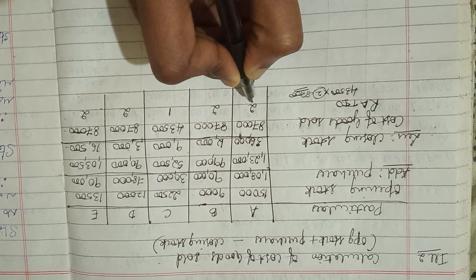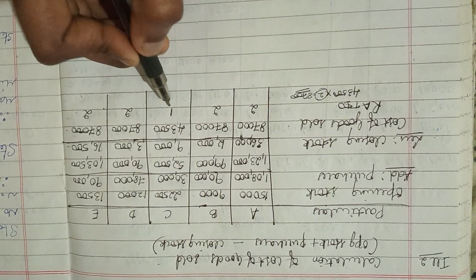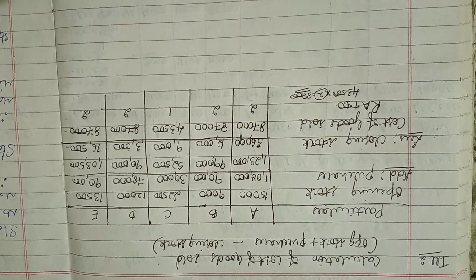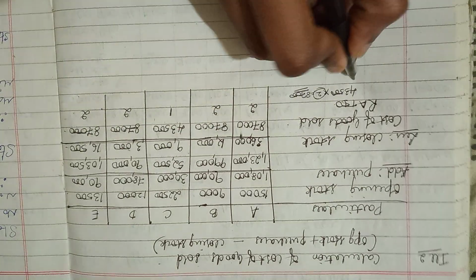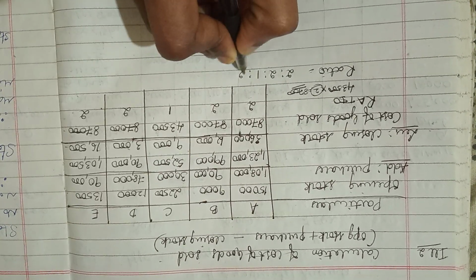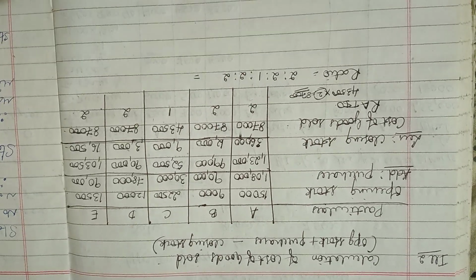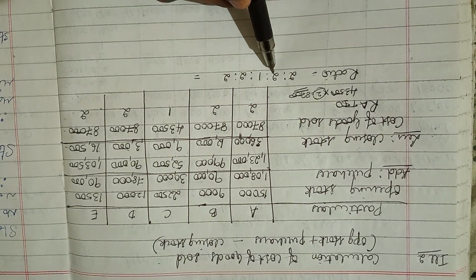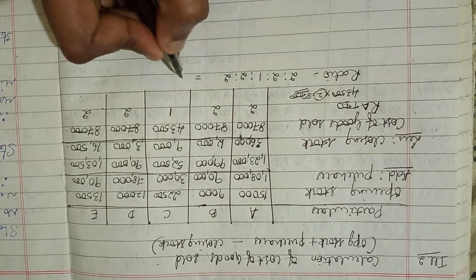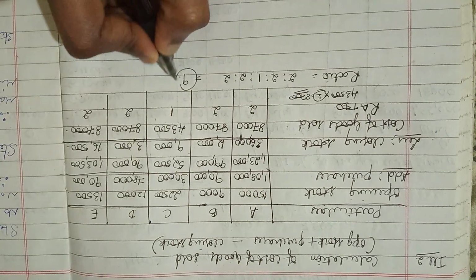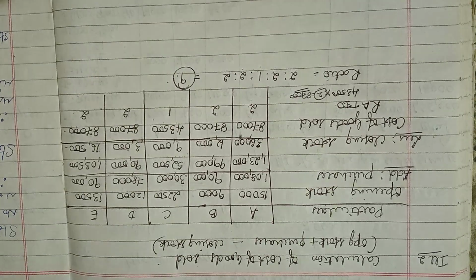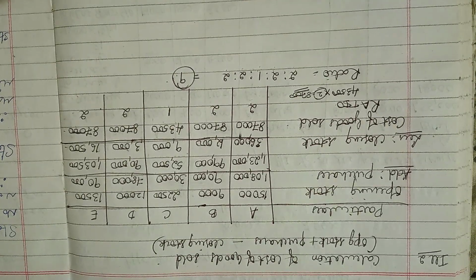So we will get the ratio of 2. 43,500 is 1, and apart from that we have 87,000 for everyone, so it is based on 2. What is the ratio now? The ratio will be 2 is to 2 is to 1 is to 2 is to 2. What will be the total? 2 plus 2, 4, 4 plus 1, 5, 5 plus 2, 7, 7 plus 2, 9. So this will be the total, that is 2 by 9, 2 by 9, 1 by 9, 2 by 9 and 2 by 9. This is how you will be working on the apportionment.